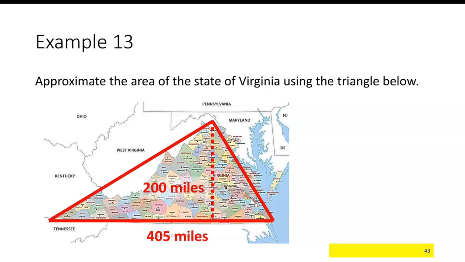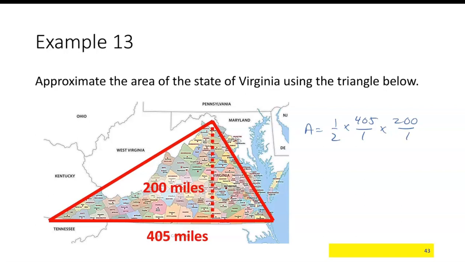So if I want to approximate the area of the state of Virginia, given here, where it looks like the base is about 405 miles, and the height from the base to the corner at the top is about 200 miles. Well, the area then would be 1/2 times the base of 405, put 405 over 1, times 200 over